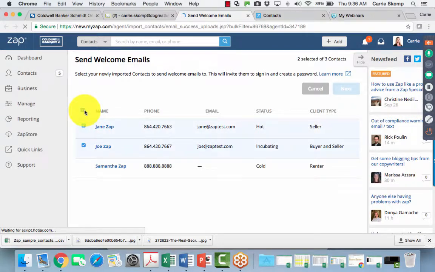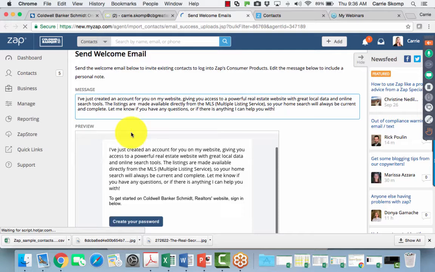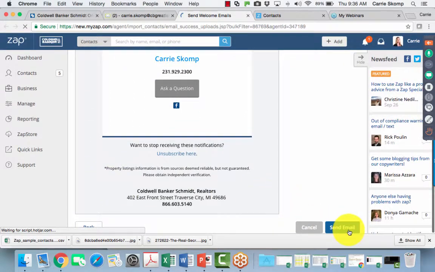So you just select the ones. Now the Samantha one was not checked because she does not have an email. You can't email somebody that doesn't have an email address, so that's why that one didn't check. So if your agents are having issues with that, it simply means they need to put in an email address for the contact in order to send it. Simply click Next, and then here is that default message that was set up in your account. You can change it, of course, from this screen before sending it out. Once you're ready to send, you simply click Send Email,